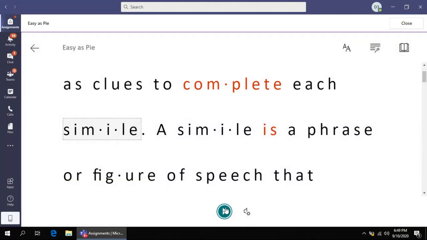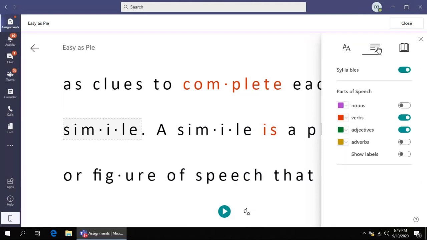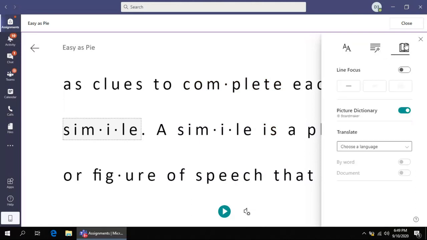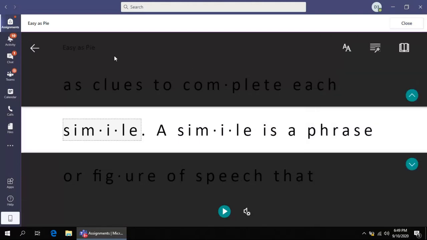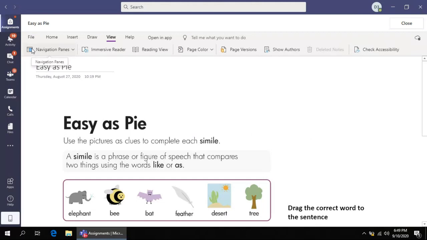Pictures as clues to complete each simile. And you still have those same options here. So in this option, I had verbs and adjectives turned on. You can turn those off. So it sometimes saves the last options you had selected. And here you have that line focus, all those things that we went over before. Okay, so again, if you were done with the Immersive Reader, hit the arrow to go back, and you can